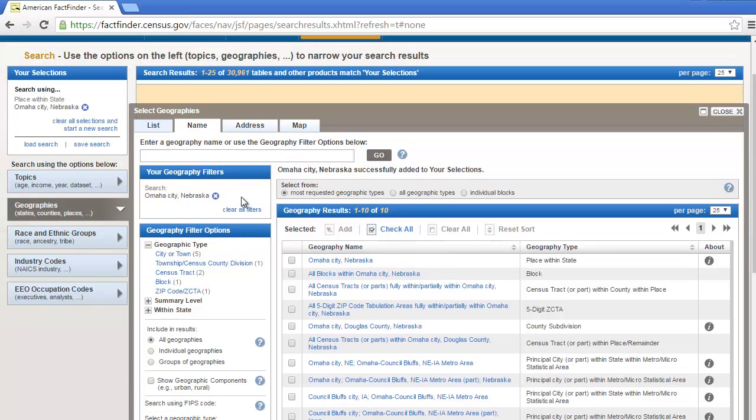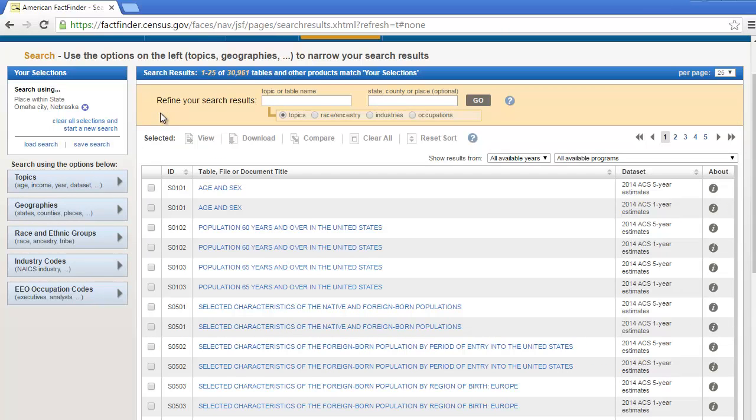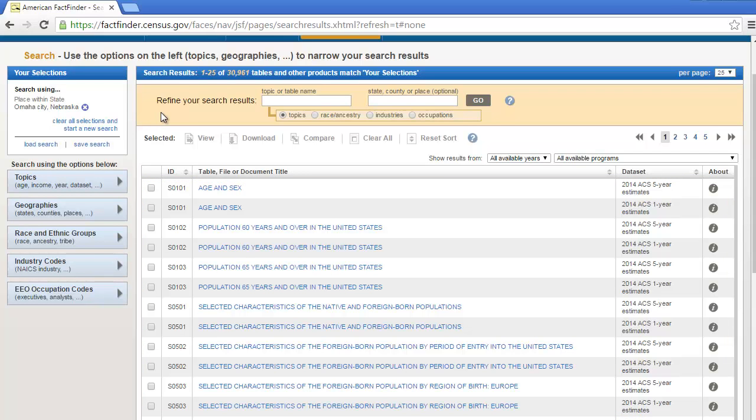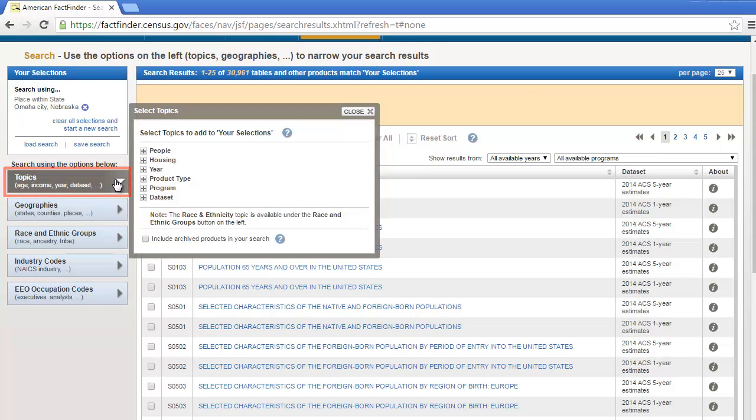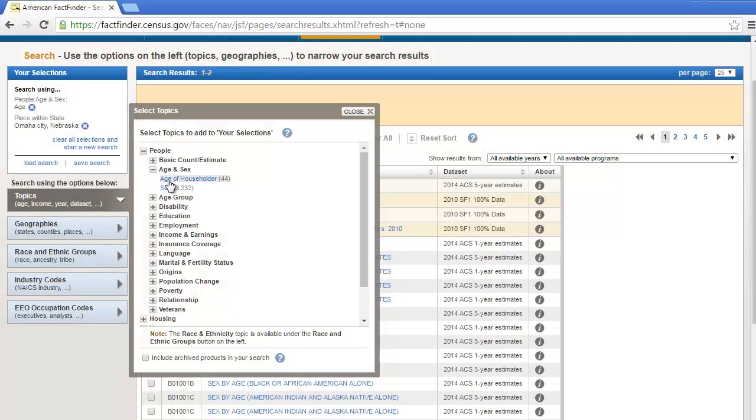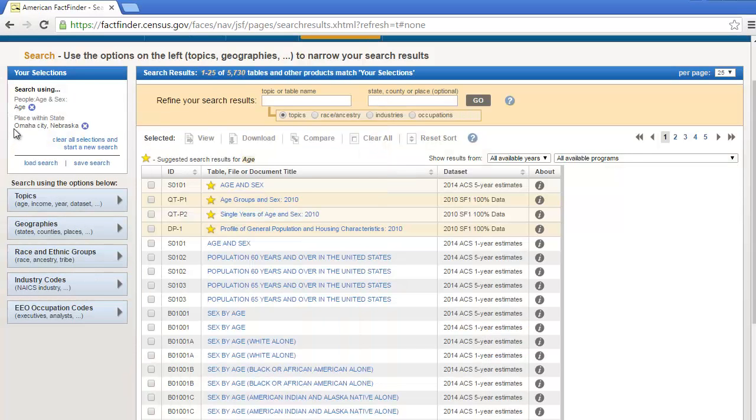Now that I've picked a geography, every subsequent search I do will only include information within that geography. You'll see that it pulls up the most frequently accessed tables about that geography right here, and some of these might already be close to my search. But I wanted to show you that you can narrow down these tables, and notice that there are more than 20,000 of them, by a topic. If I click Topics, I'm presented with a list of options, each of which has many sub-options. So I can click People, and Age and Sex, and then Age, and I have only tables concerning age in